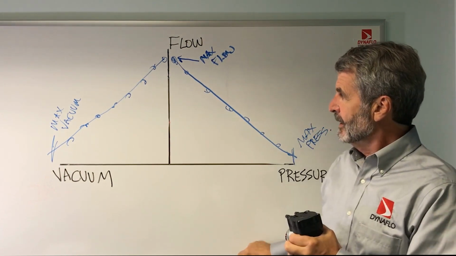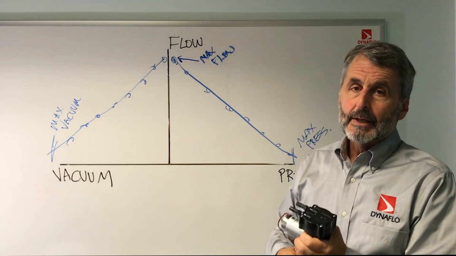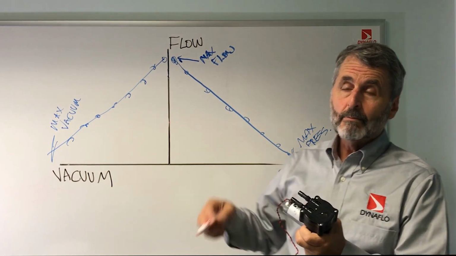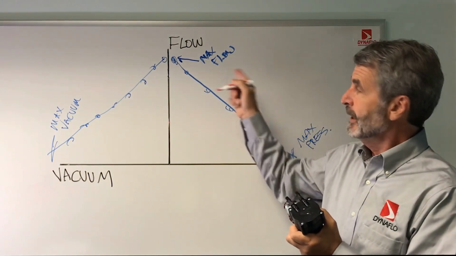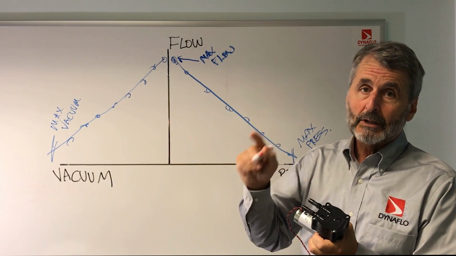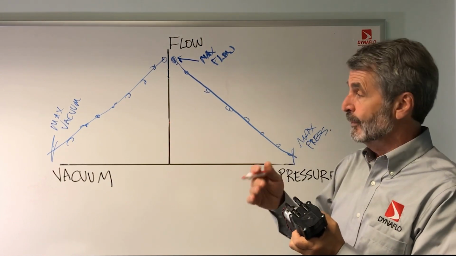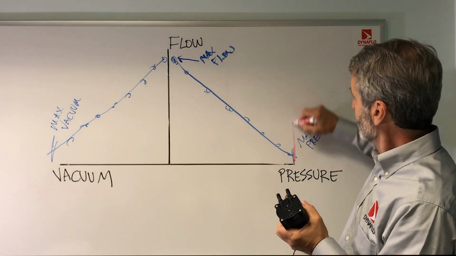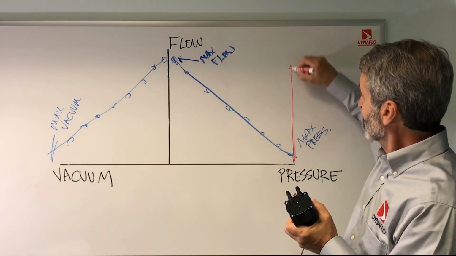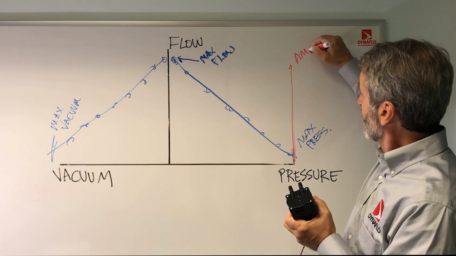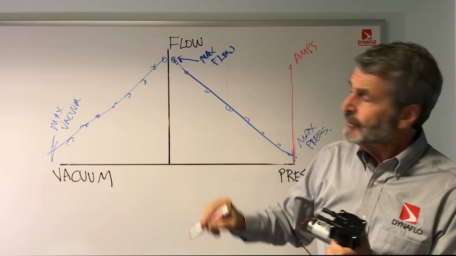Another thing that you might see on some of these performance curves is current. So while we monitor pressure and flow, we also monitor current, which leads to power and wattage and important things like this if you're battery operated. That can be represented on a second axis where we show amps. The interesting thing about